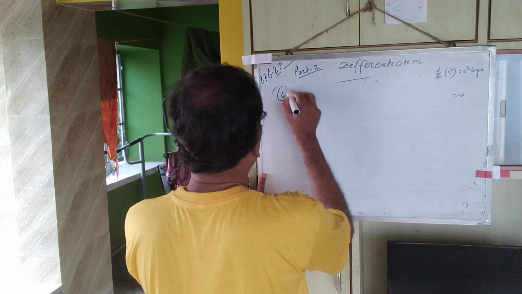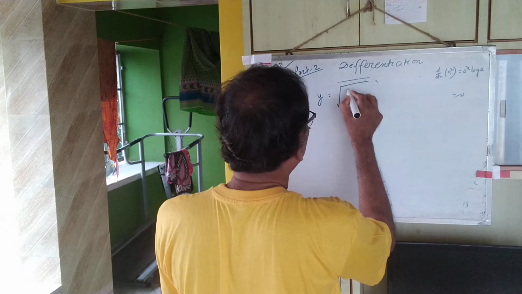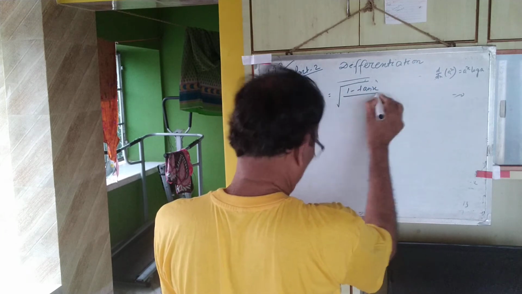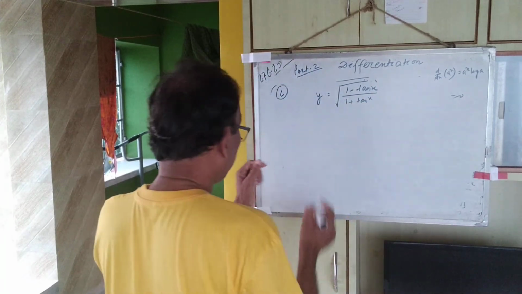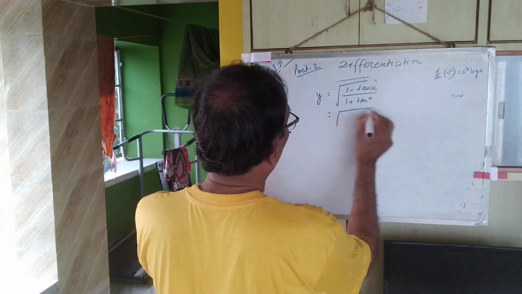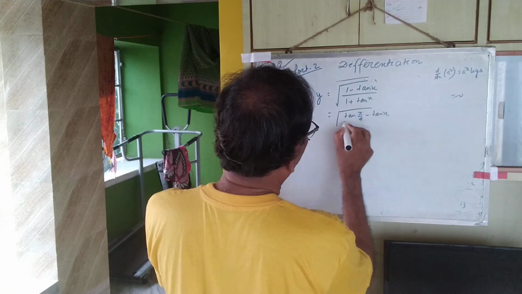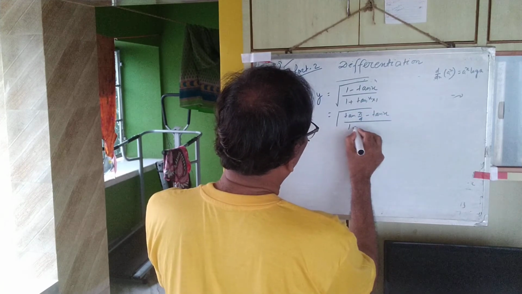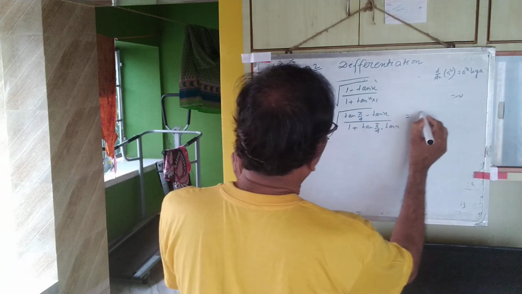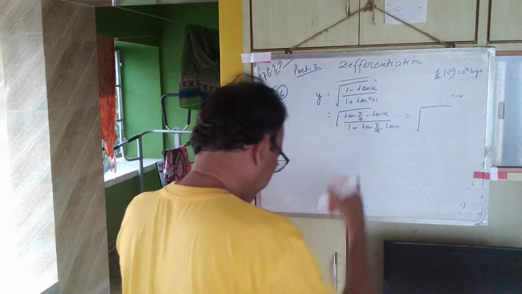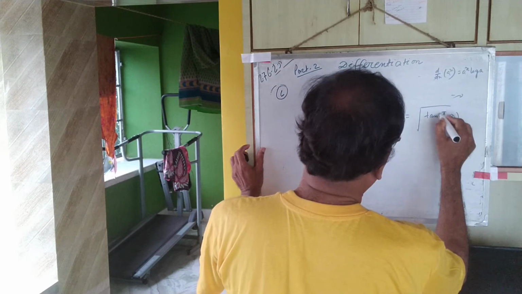Next, sum number 6. Y equals to square root of (1 minus tan x) over (1 plus tan x). We can write 1 root over of tan pi by 4 minus tan x. We can write tan x into 1 plus tan pi by 4 into tan x equals to square root of, tan a minus tan b over 1 plus tan a tan b, that is tan of (pi by 4 minus x).